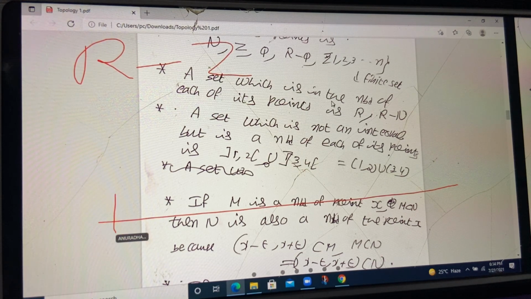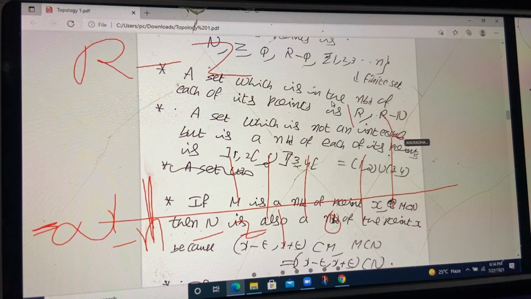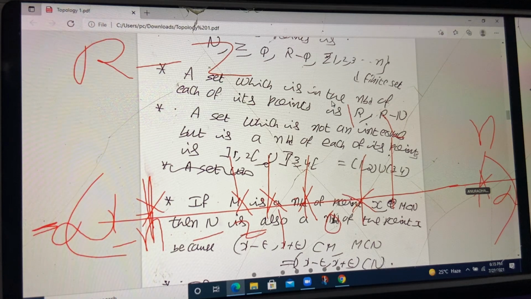From minus infinity, it includes even the negatives also: minus 1, minus 2. Call the last negative integer minus n, and on the positive side 1, 2, up to n. So how do we write R minus Z from the real number system? Remove the integers: minus n, minus 2, minus 1, 0, 1, 2, up to n. Then what are we going to get? Note this down: R minus Z is minus infinity to minus n,